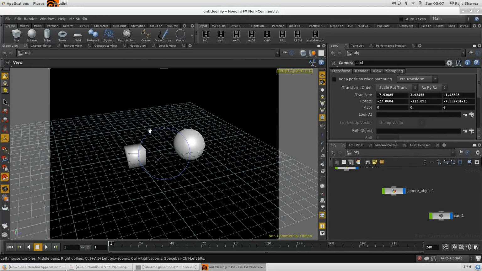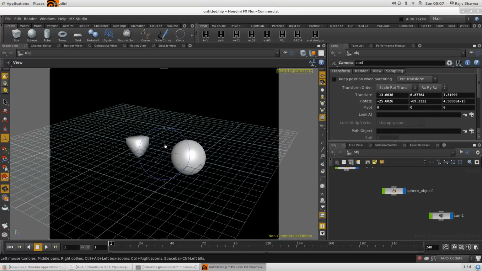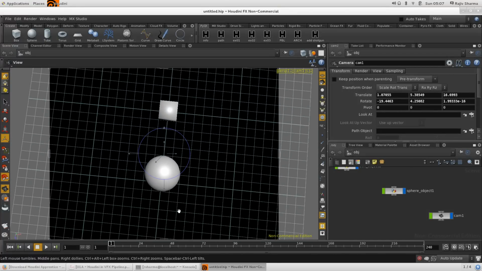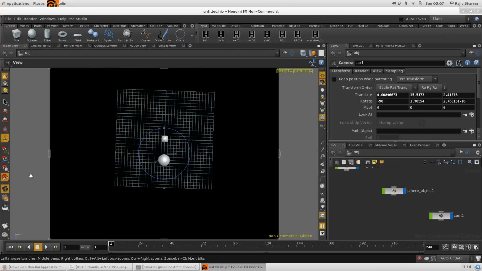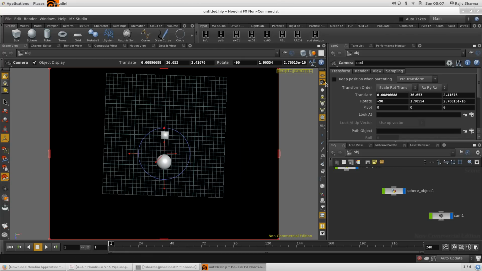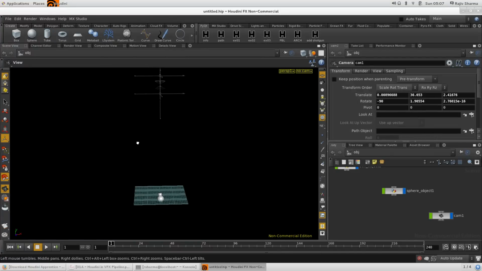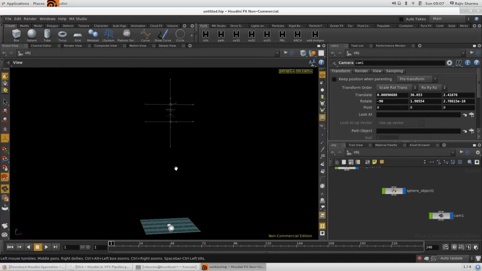So when you rotate your viewport, your camera will rotate according to that. So you can change the view as you want, and after that you unlock that. So with that you got the main camera animation or the look of the camera done pretty easily. Okay,